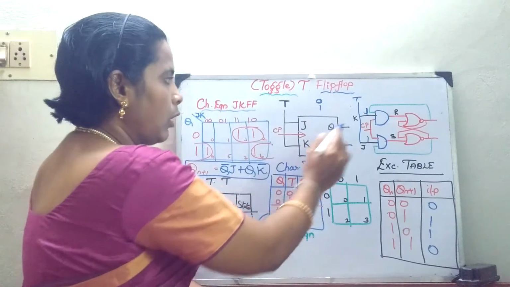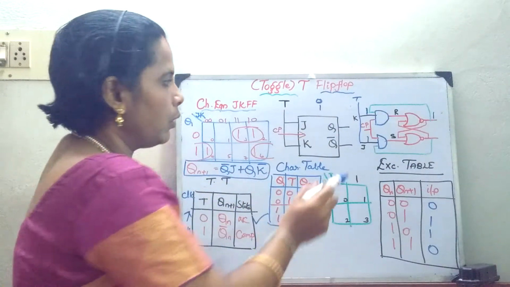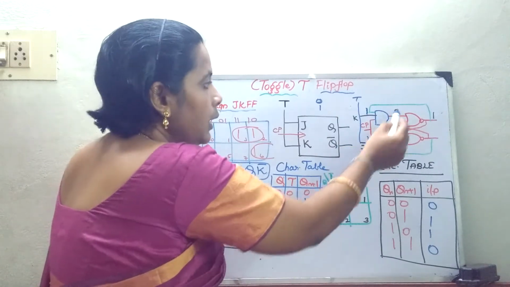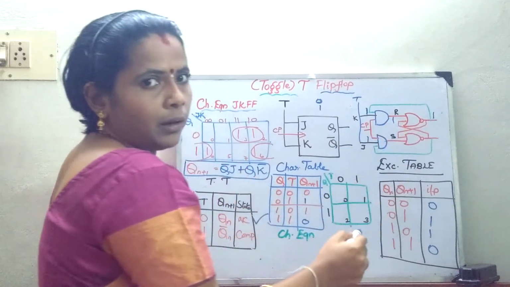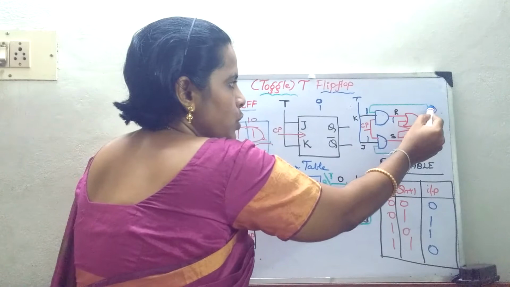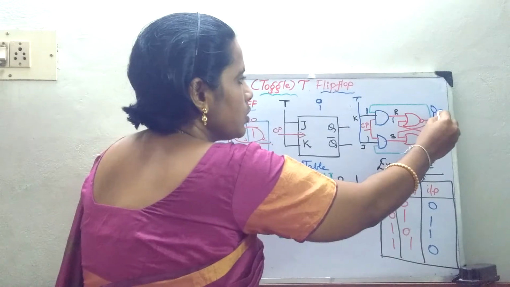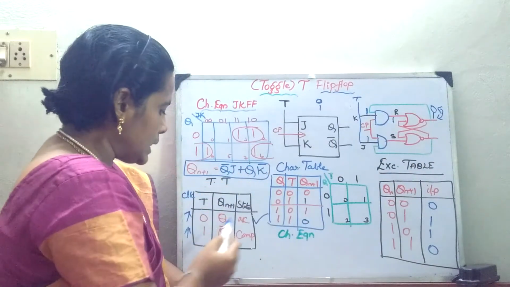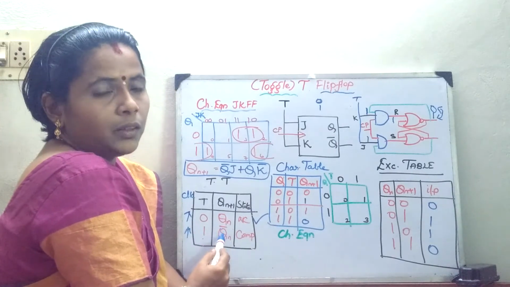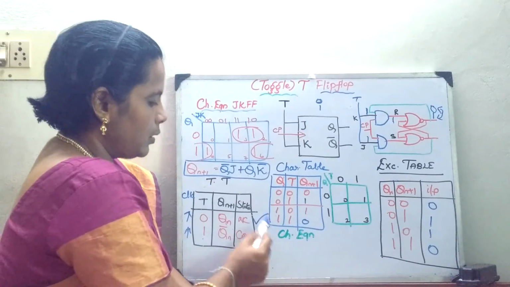When the clock pulse is 1, suppose we assume the previous state is already 1. No change condition. So, when I give the input as 1, both the AND gates are going to be enabled. Whenever it moves through this, what will happen? According to the NOR gate principle, if any one of the inputs is 1, the output changes to 0. And again when this condition occurs, it will just go on changing. So, this is your toggle condition. Whenever I give the input as 1, my output is going to toggle. Whatever my present state is, it is going to toggle to the complementary state.